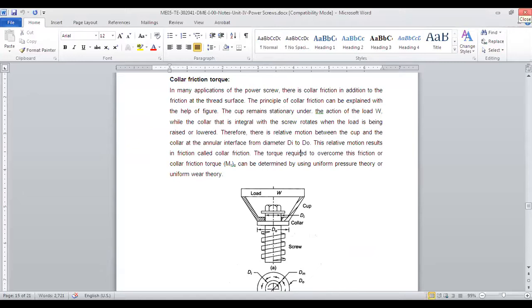Any doubt, any question, you can ask me. Otherwise, I will shift to the numerical part. We are going to take a numerical on basically raising or lowering, or finding out the total torque and the total effort required. Okay, so let me check my chats. There is nothing. Let me just close this. Okay, anything in the chat? So nothing in the chat. So I am shifting to the numerical now. If you have any doubt, you can ask me.